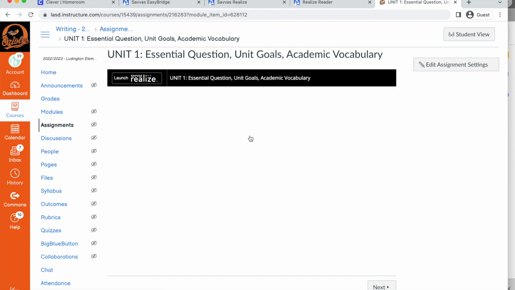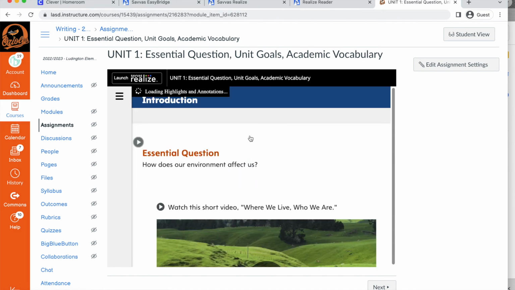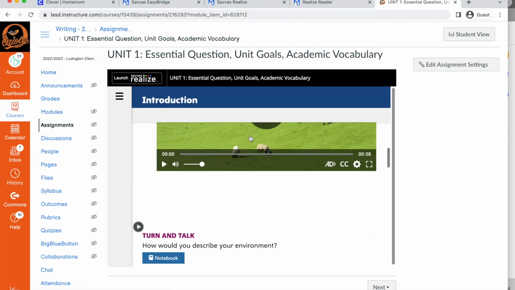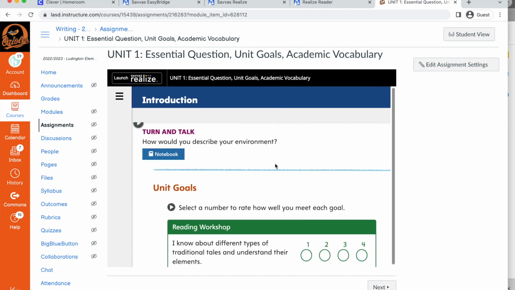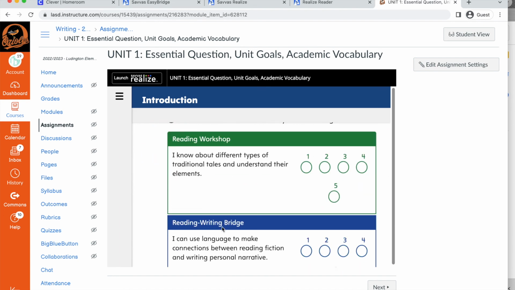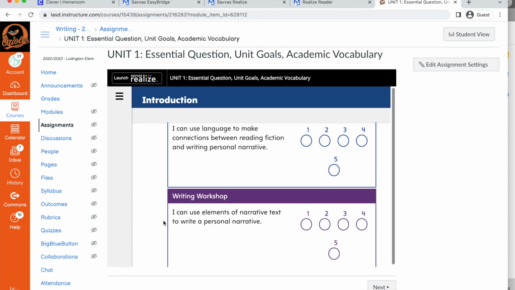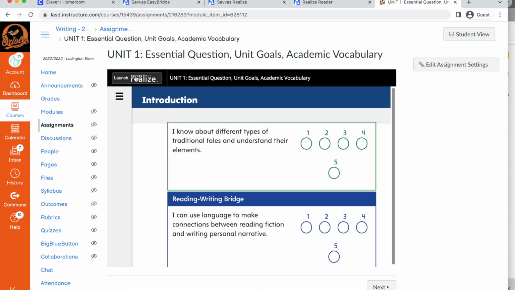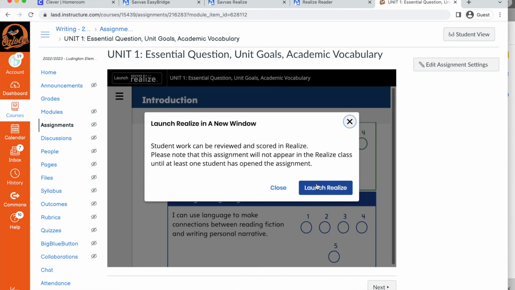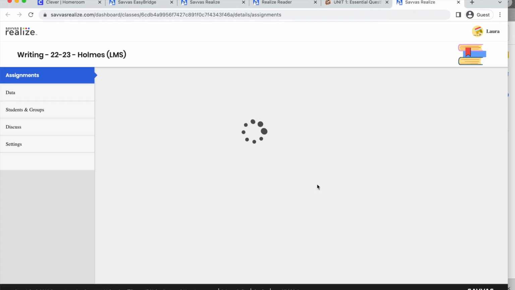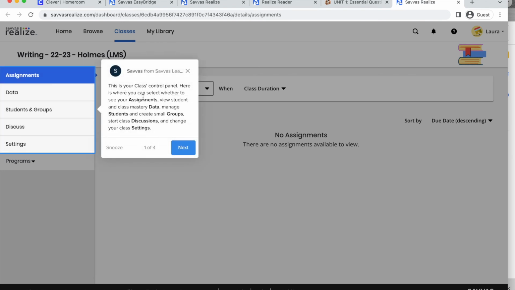And now I can get a preview of what the student sees. When you're ready to grade any content, so this is what the student is seeing, they're going to fill out information here, they're going to choose one of these, and they're going to interact right in here. When I'm ready to grade, I would launch in a new window, because you do not grade in Canvas, it's going to pass back. So you're going to grade it here